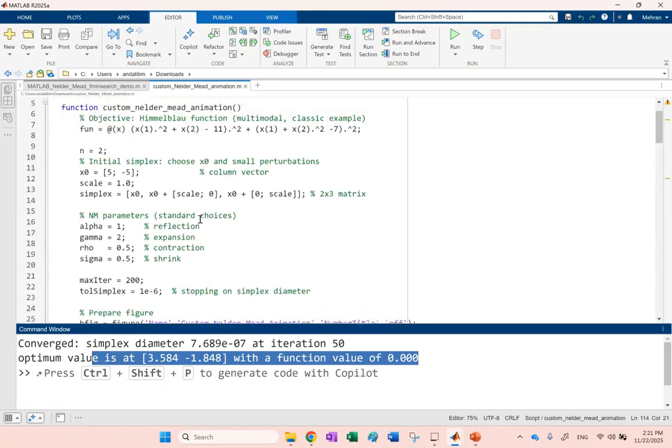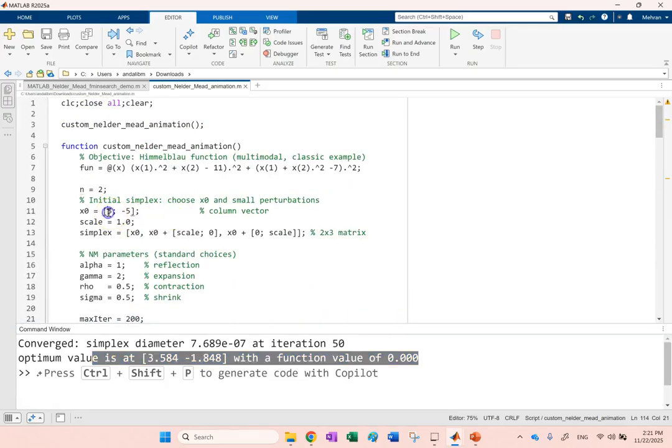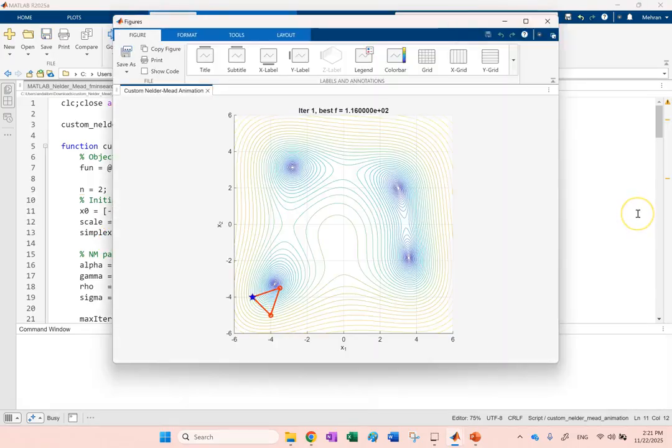Right now, if I want to change the location, it was at 5 and -5. So I take it to -5 and -5. Look what happens. I put it on the left side. You see? Now it is converging to the one that is here. Okay, so it depends on where you start. If I make it like -5 and, for instance, -2, you see that it should converge to this one here,